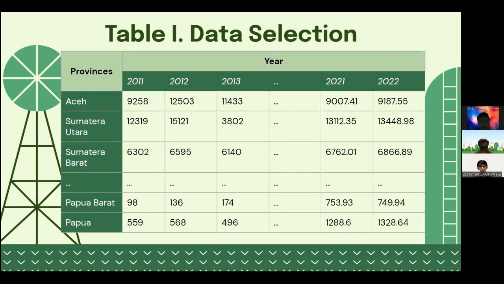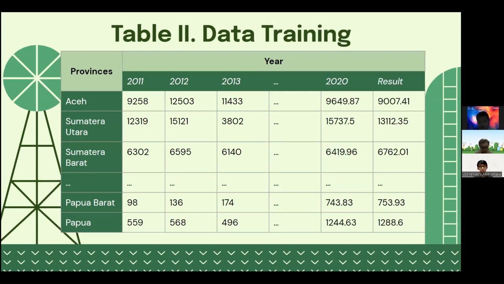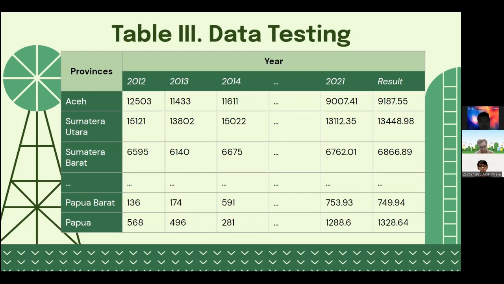Table 1, data selection. We count from 2011 until 2022. Next. This is a table of data training from 2011 until 2020 and the result. Next. This is a table of data testing from 2012 until 2021, and this is the result. Next,